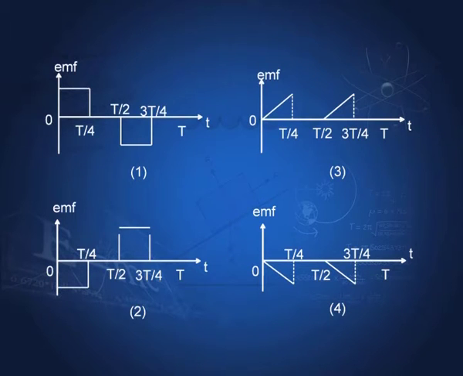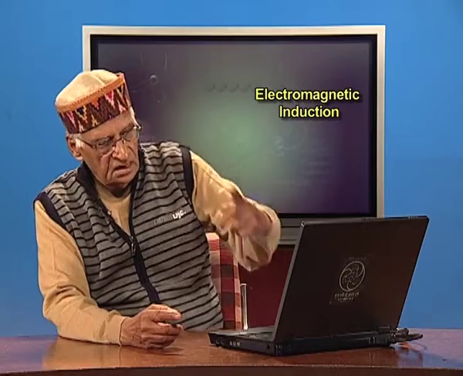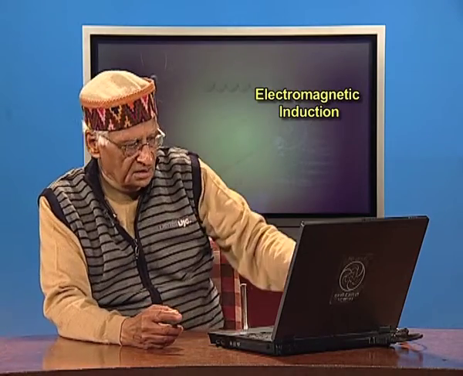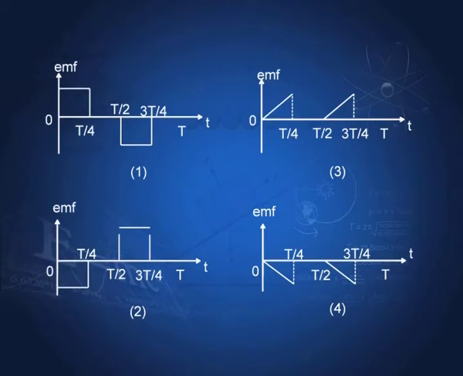When it is increasing, then the EMF is decreasing and it remains like this, keeps on increasing in a constant fashion. Therefore, this EMF is steady and then it decreases to 0, remains 0 for some time, and when the current is decreasing, it increases and therefore, it becomes like this. So, it is this profile that matches this profile.